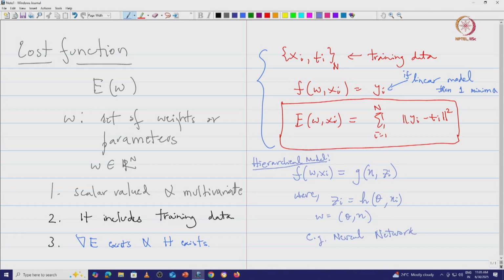So in such cases, the cost function is not going to have a single global minima, but it is going to end up having a lot of local minimas. Our ideal challenge would be to find that particular minima which minimizes the cost function entirely, which is the global minima. So that is a difficult problem computationally.